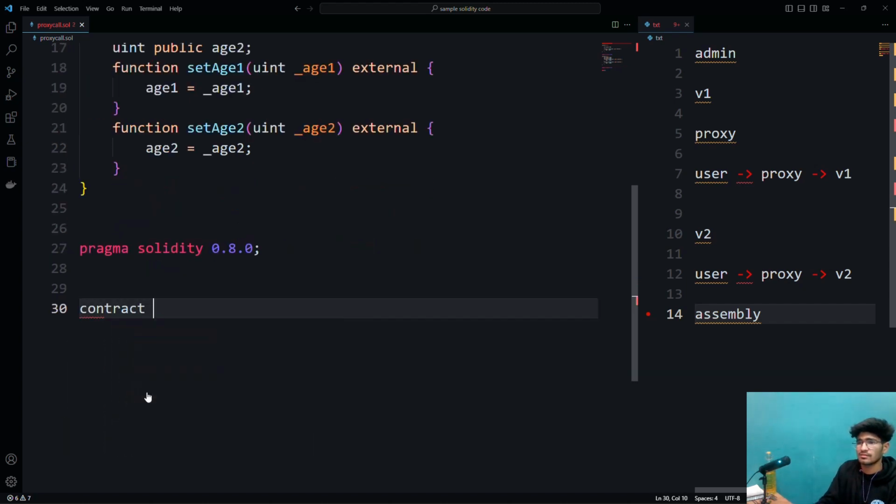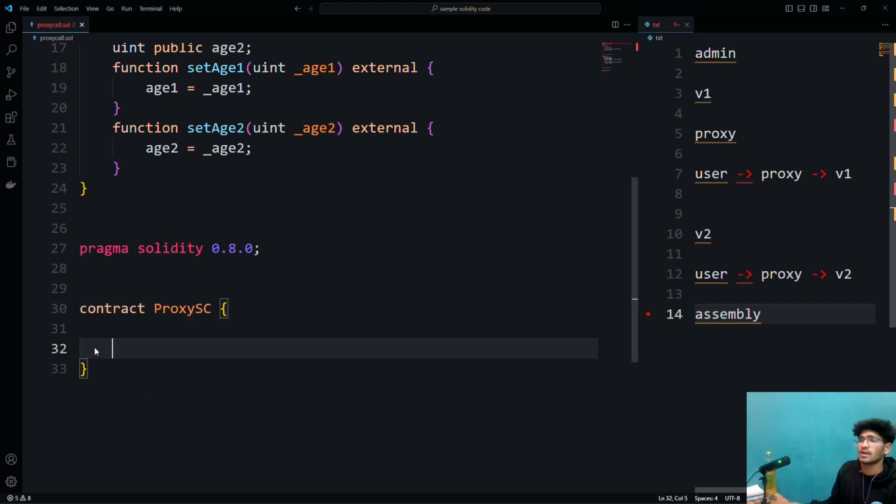Contract proxy smart contract. Let's say it's the name for it, right? It's totally up to you. What do you want to do? Okay, now what we are going to do is create two